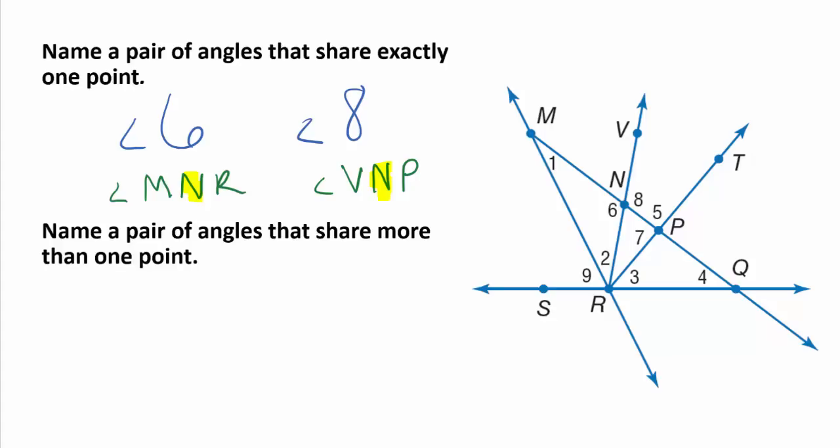Next, we need to name a pair of angles that share more than one point. So again, I'm going to highlight them and then talk about them here in a second. There's more than one answer to this one as well. So I'm going to highlight that angle, and then right next to it, I'm going to highlight